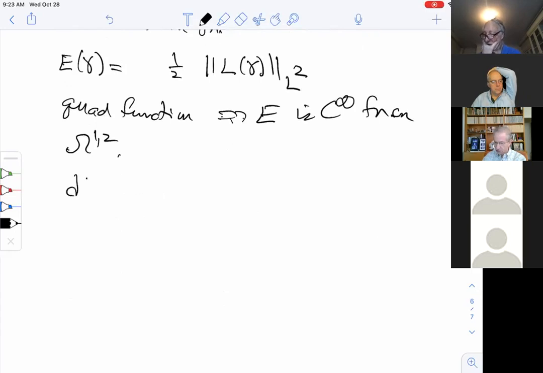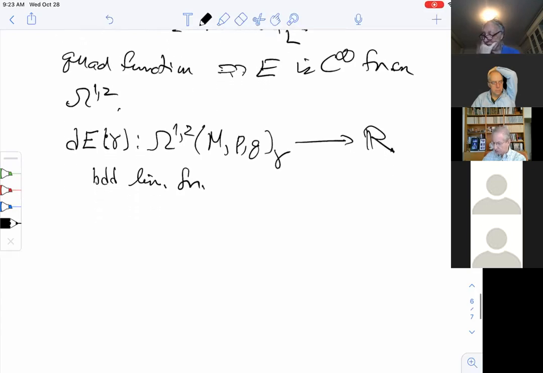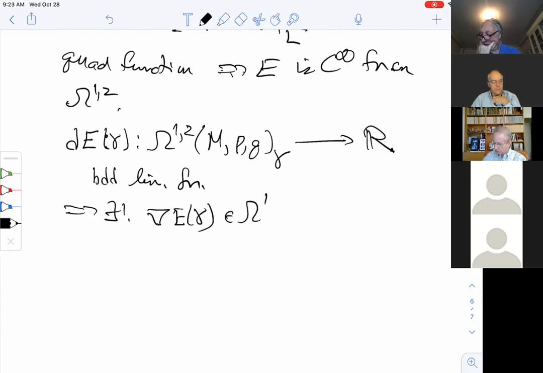Now we're interested, of course, in the critical point. So we're interested in the differential of E, which at any gamma will be a map from the tangent space to the manifold at gamma to the reals. And it's a bounded, continuous linear functional, because E is smooth, so it has a continuous derivative. But this is a Hilbert space, so that implies there's a unique vector called the gradient of E at this point in this tangent space,